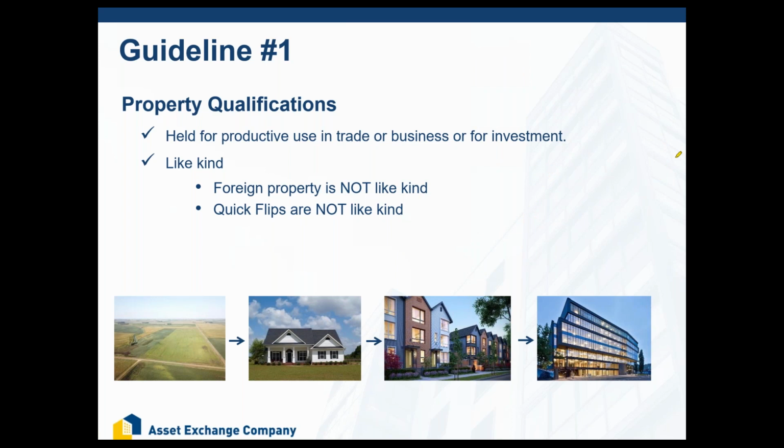So don't use the property too much, Natasha. If you have a property in Tahoe and you like to ski, don't go there for more than 14 days unless you've rented the property out for a lot of time. If you rented the Tahoe property out for 300 days, Natasha, you can use it for 14 days or 10%, whichever is greater. So in that case, you would get to use it for about a month, 30 days. Does that make sense, ladies and gentlemen?